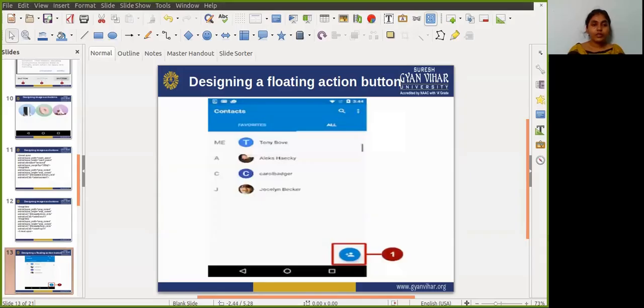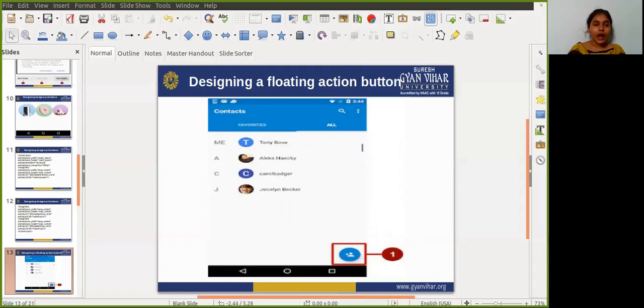Next is how we design a floating action button. A floating action button, as you can see in the figure, is a circular button that floats above the layout. In this figure you can see an example.